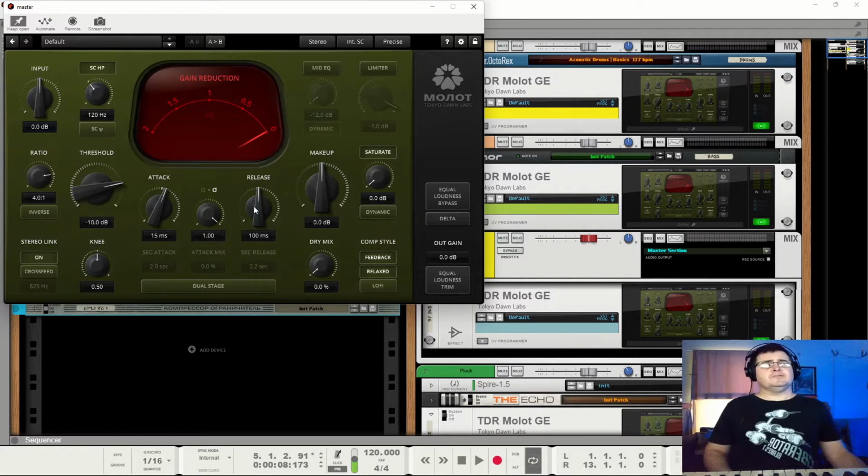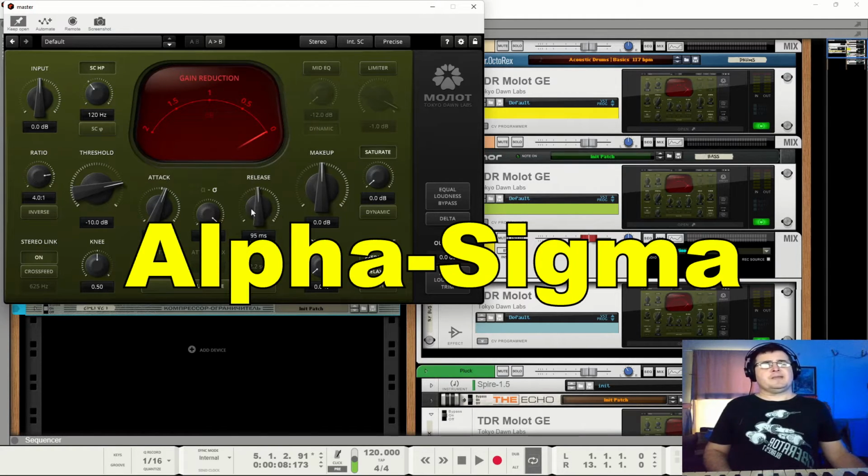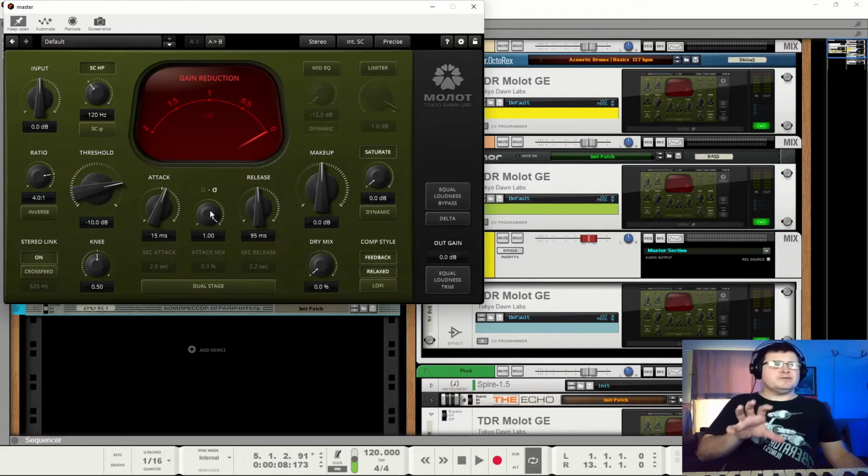our release, and then in between there are two main modes within the Molot, which is an alpha and a sigma. One of them behaves instantly, the other one has a little bit of lag, so you're more likely to get that little blip and the chop, so you get that more obviously kind of hammered sound. So you push it hard, you can just get little blips coming onto the front of things, which is terrible or charming, depends on what you want.